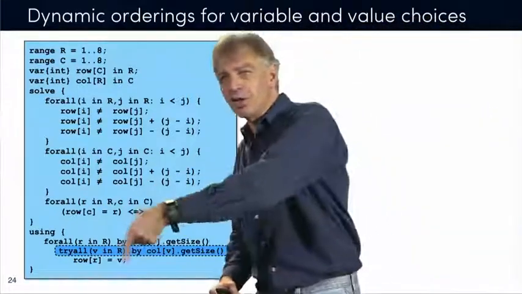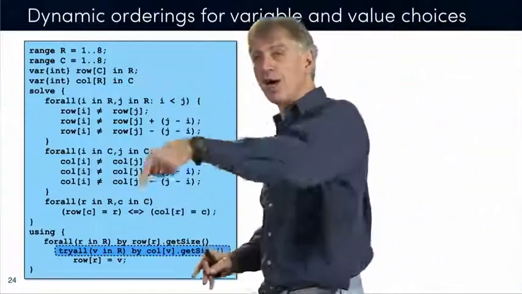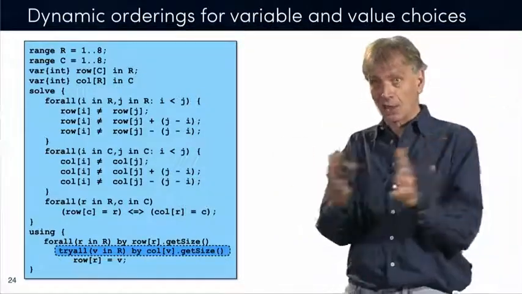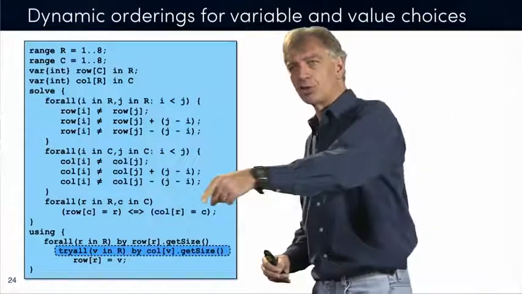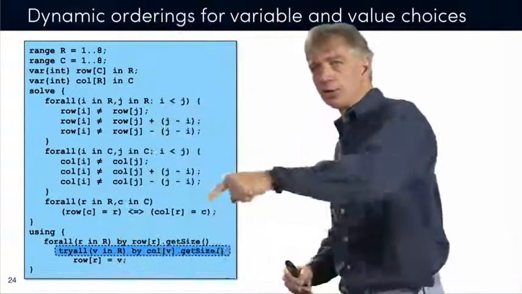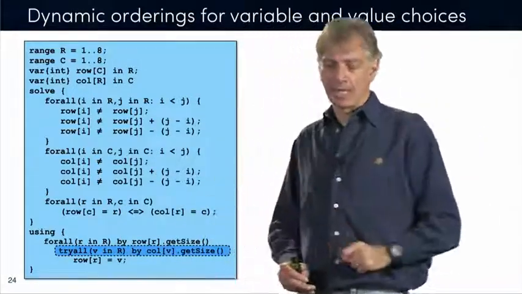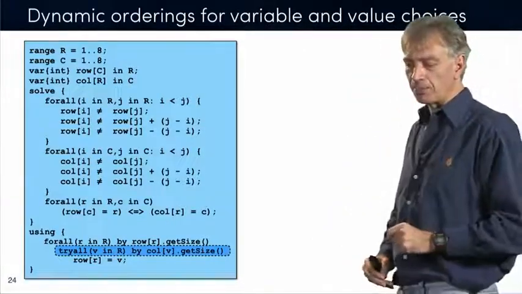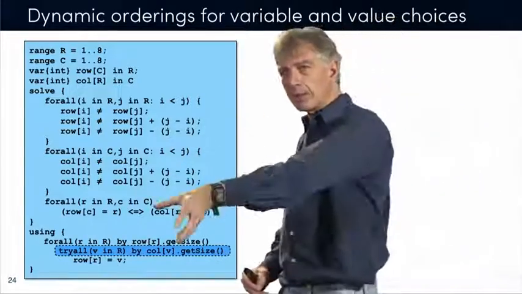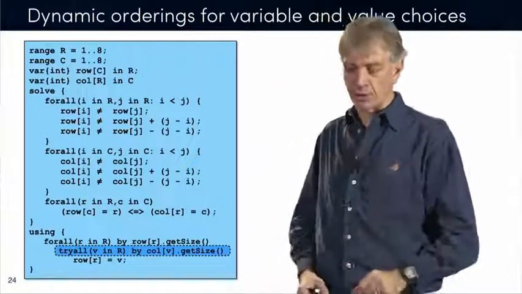So we can try the value in an ordering, which is also the first fail principle, which says, choose the value which corresponds to the column variable, which has the smallest domain, because that column is tough to instantiate as well. And that's what you are doing here. Okay? You choose a dynamic order for the variables, then you choose a dynamic order for the values. In both cases, you are actually applying the first fail principle. Okay? So that's the kind of things that you can do in a constraint programming system. Choose a dynamic ordering for the variable. Choose a dynamic ordering for the values. Very interesting thing that you can do.